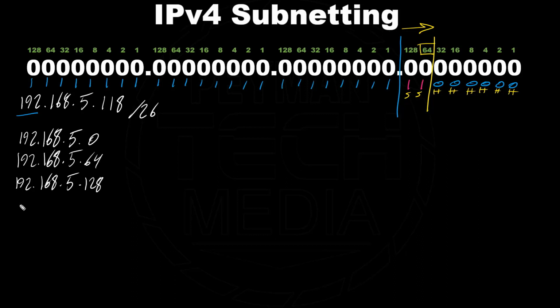If we continue incrementing, 128 plus 64, 192. And if we continue incrementing, 192 plus 64 is 256. Here, as you can see, I'm writing in a different color: 256 is not a valid IP address. So here we can see we have 4